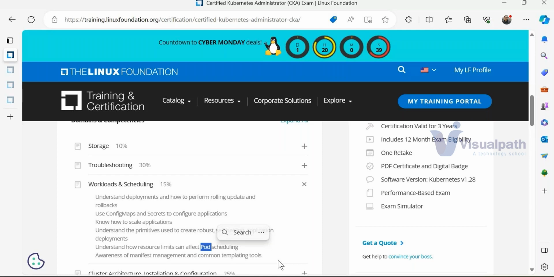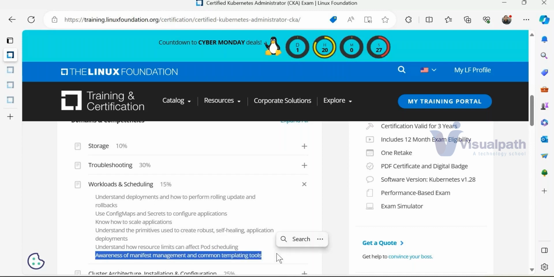Then awareness of manifest. Manifest is nothing but my installation script or my deployment template. Here we will see how we can manage it, right? And what are various other templating tools? As I said, no coding, all templates. There are ready-made templatized things, and nowadays all the modern tools, whether I talk about Docker, Kubernetes, Datadog monitoring tool, Ansible, right? Anything, no coding. Coding has been eliminated completely. That is the ease of our life.